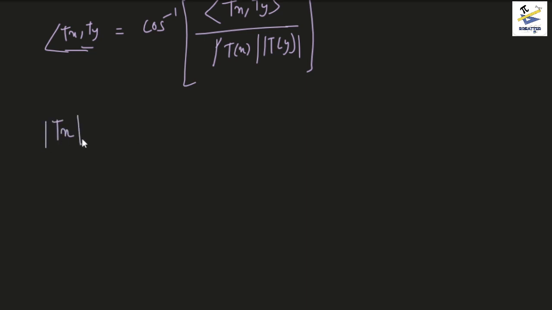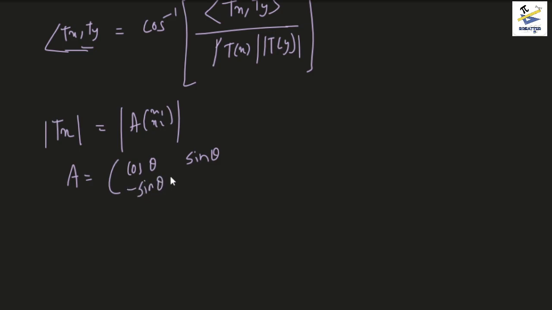Norm of Tx: Tx basically means we are multiplying the matrix A with the vector x1 comma x2, and we understand that A here is equal to,